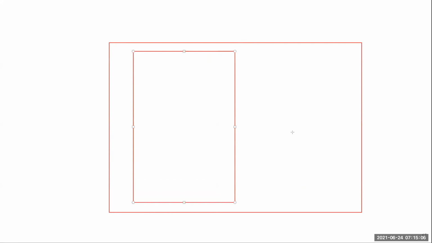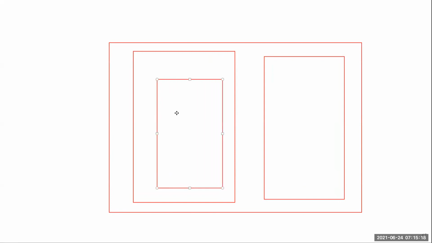Okay, this is one frame and this is another frame, but this is frame 1 and frame 2, the old scenario. Now in frame 1 I have another frame, and inside this I have another frame. You understood? Let me say this as HTML. This is F1 and this was F2.